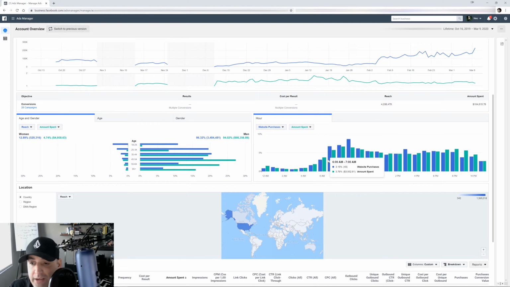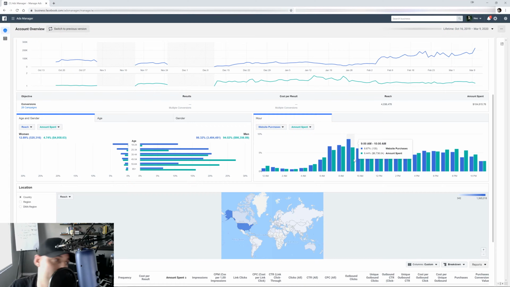Every ad account is going to have a peak time during the day. So the peak time for this account, it shows us that it's between 7 a.m. to 10 a.m. Okay. So what I would do here, even though I get some sales here at 4 p.m. and then some sprinkled throughout the rest of the night between 5 and 7,